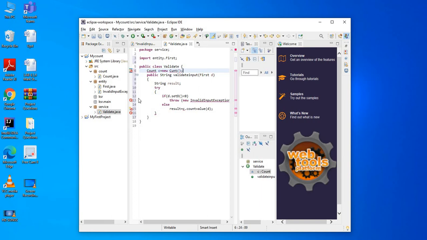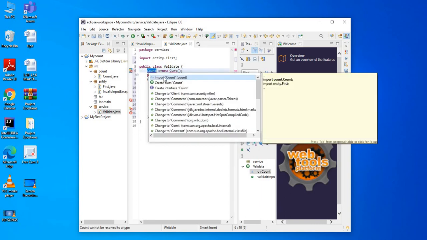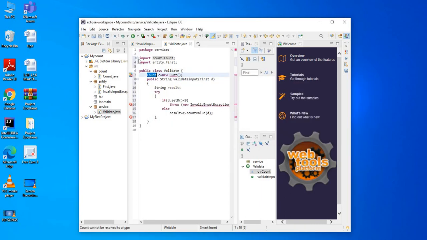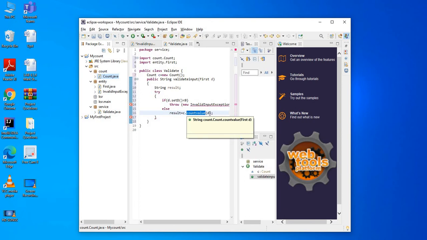It shows the error because the count class is not imported here, so the suggestion is also given here. Let us import count. The count is imported successfully automatically. Now the count value of method is resided. We have already given the method. The method is called and the result will be shown.